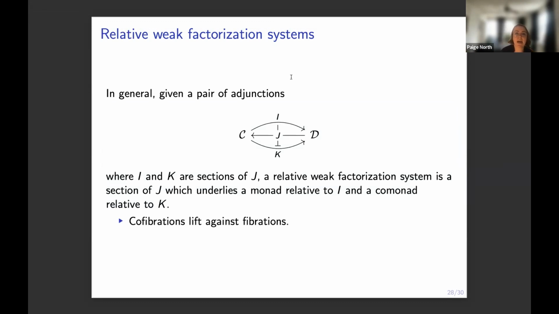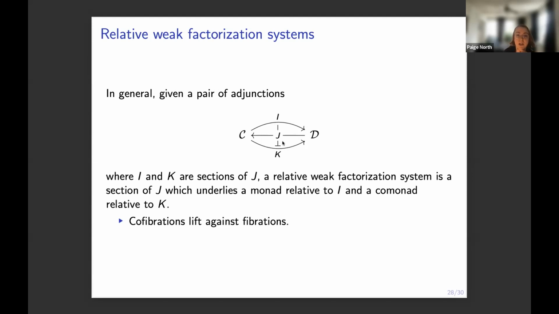So in general, if we have a pair of adjunctions like this, such that it emulates our situation before. So this J is playing the role of composition, I is playing the role of in right, and this is in left. Now C and D can be any categories, they don't have to have any special relationship to each other except for these functors between them. Such that this is supposed to be a turnstile. I don't know what happened to the top of it. So I is going to be left adjoint to J, and we're asking that J is left adjoint to K. And we're also asking that I and K are sections of J, by which I mean that the unit of this and the counit of this are identities.